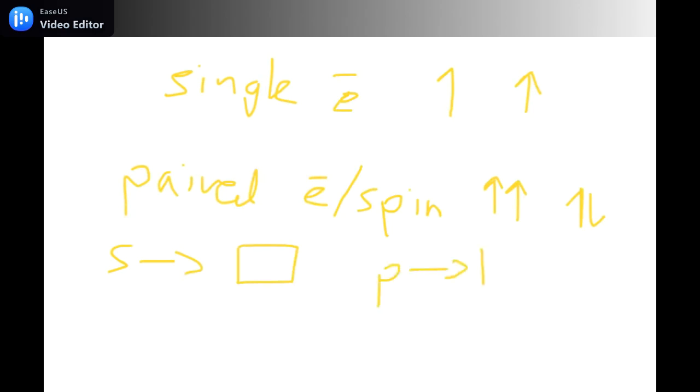It has 3 boxes. We can label them as Px, Py, and Pz. And then the third one, that is the D subshell, has 5 boxes